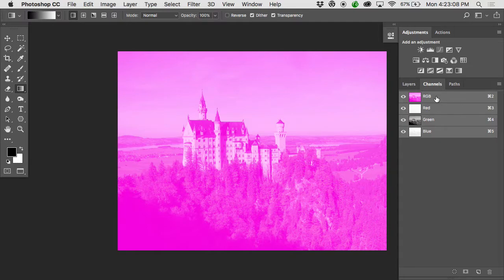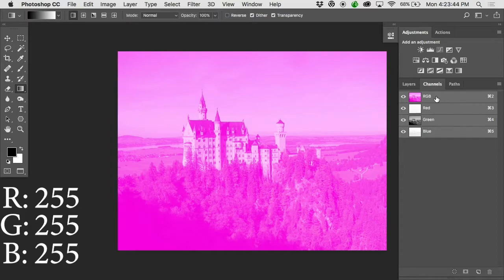Imagine this. If we could find the absolute darkest pixel in this image, and it was, say, a good image to start with, on that histogram, we could assume that the darkest pixel would be black. And what are the RGB values for black? 0, 0, 0. Red would be 0, green would be 0, blue would be 0. Everything's 0 for black. The highlights, we could safely assume, would be white. And what are the RGB values for white? 255,